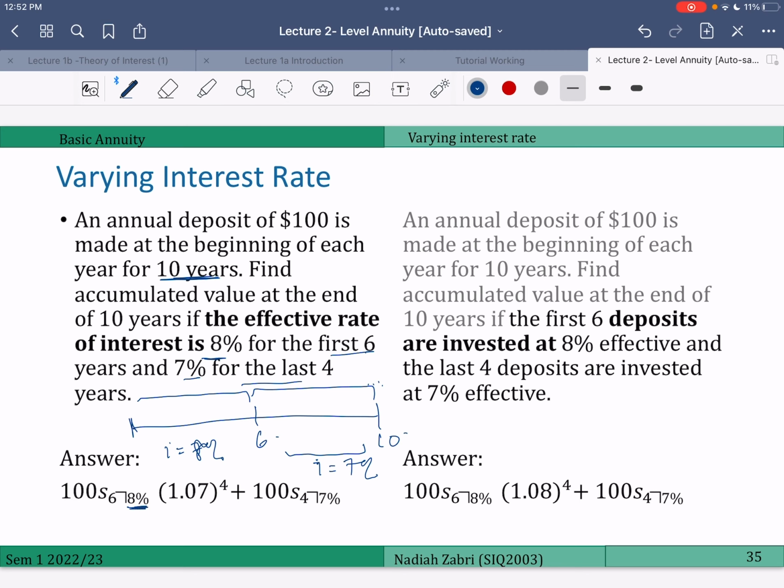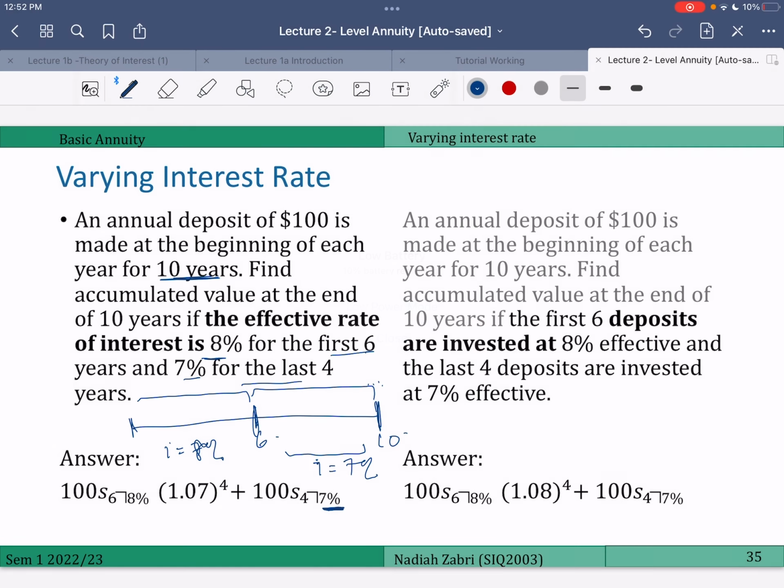You need to specify the interest rate. Before this we never wrote the interest rate, because it has always been level, but when it's not level, you need to make sure you write S angle N and what is the I that is related to that specific annuity. So let's see. Now we will split the annuity into two parts, for the first 6 years and the next